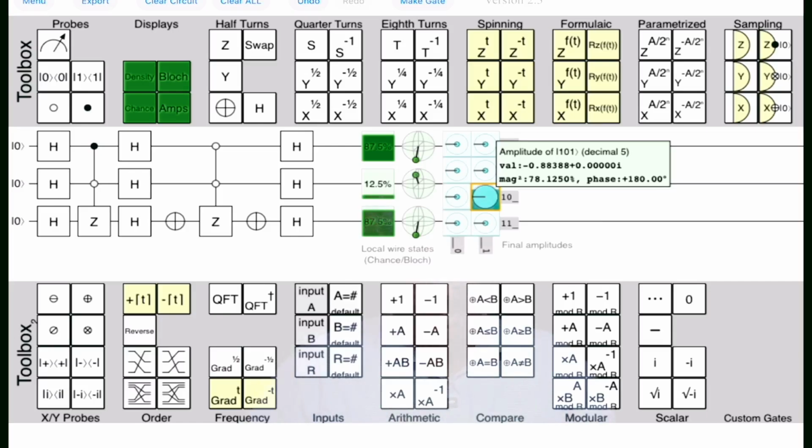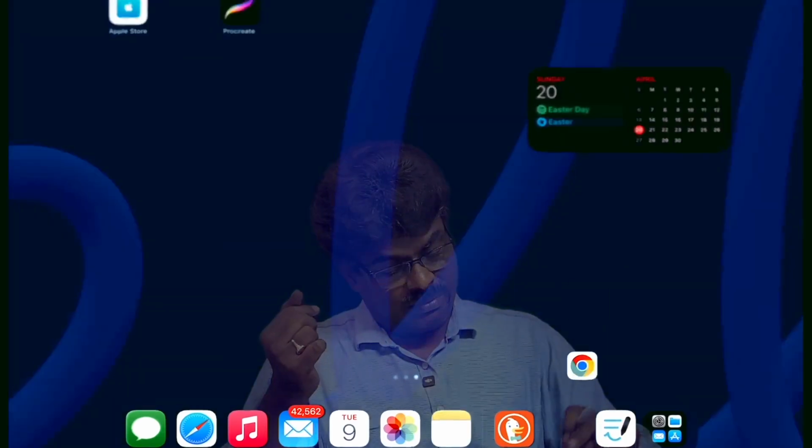Because in the formula we have minus extra, but here in the circuit we cannot show that. So that's why we have this minus extra, but no need to worry. And please check 0.88388. So definitely if you see this